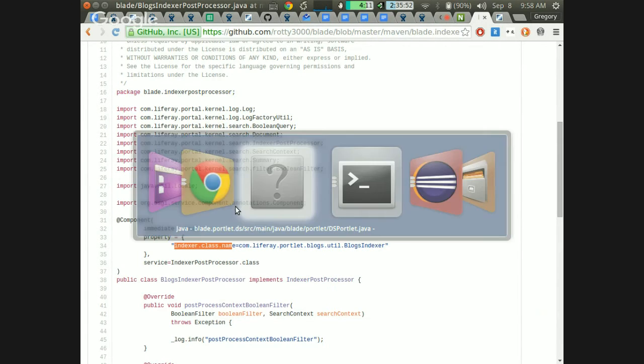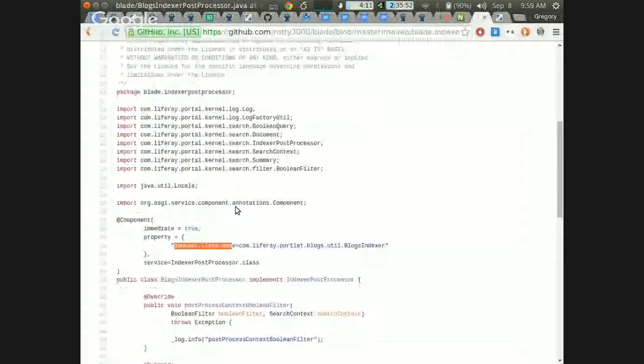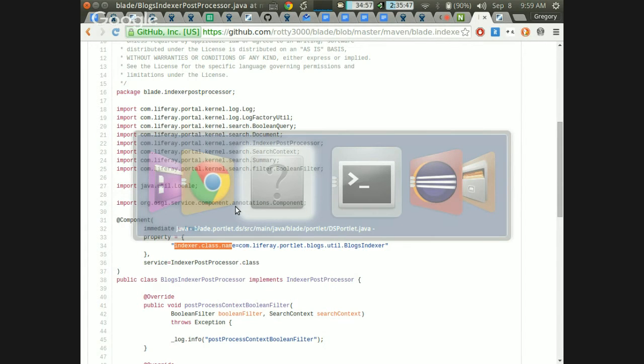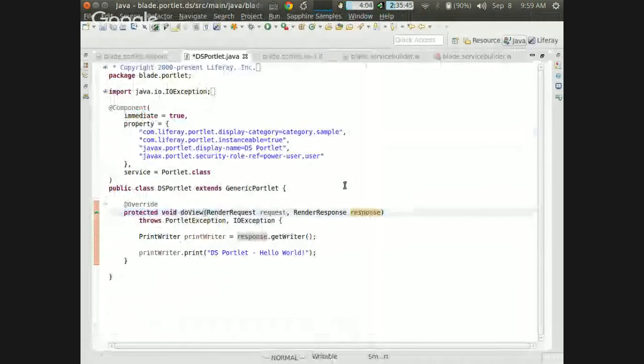One thing that just came to mind also: I believe the Portlet 3 spec leads are including support for annotations similar to what you have here for OSGi componentry. I'm wondering what that's going to look like, but the Portlet 3 spec is not done yet, so we can only speculate. But I'm wondering if, like in the other portlet class that you have with the component annotation, in the Portlet 3 world, would you have to have another annotation with duplicate content? It depends